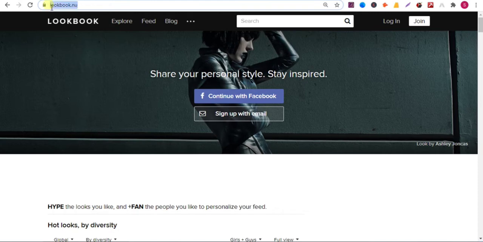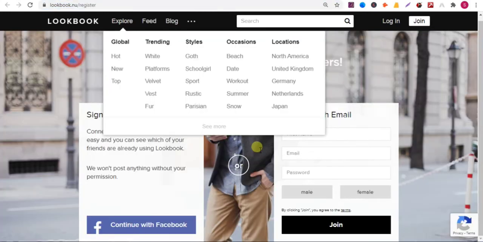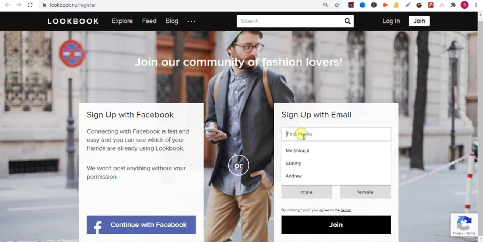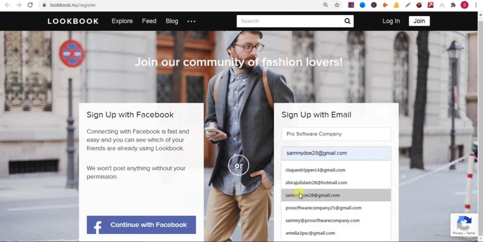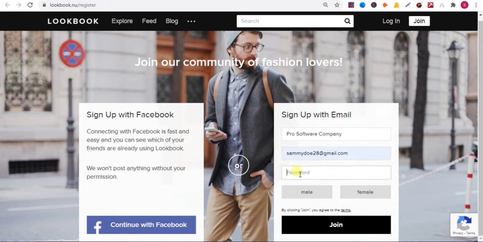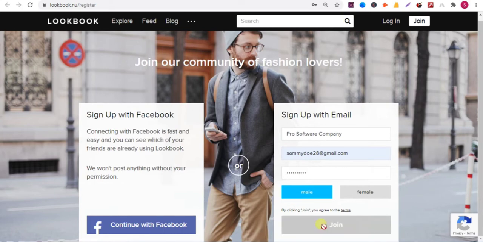To add backlink in this website, go to lookbook.nu. Then click on join in the right side. We need to create account. Then here give your first name, give your company name, then give email address, put a strong password. Then check this box, mail, then click on join,